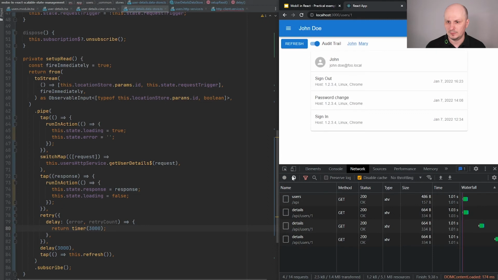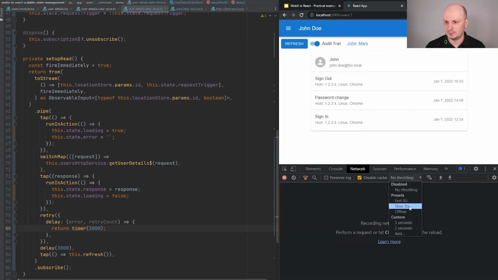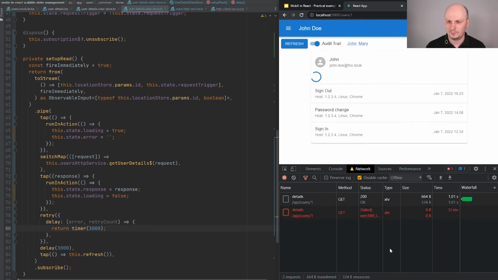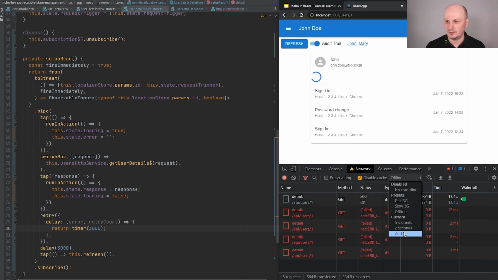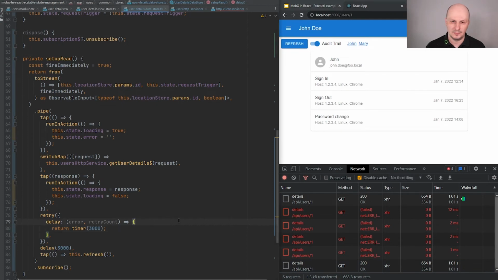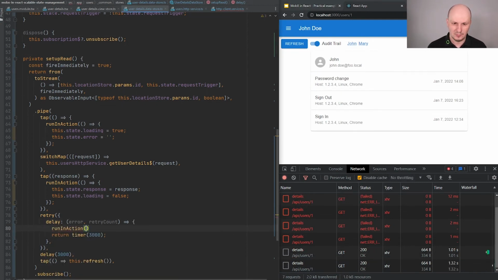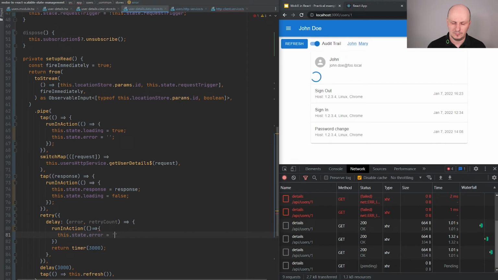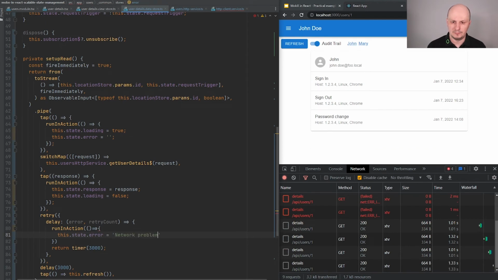All right, let me simulate the failure offline. Okay, we have 1, 2, and another tries. Now when I turn back, it works fine. Of course, we should also update our state that we have some network problem.